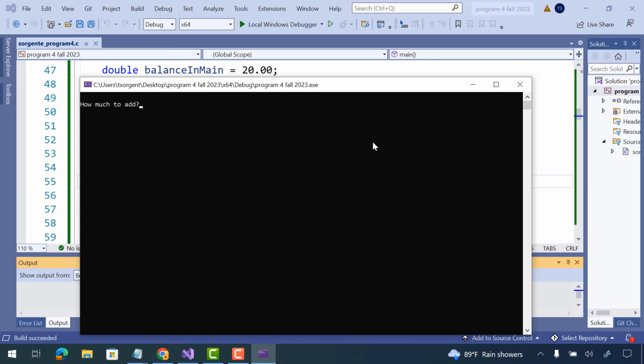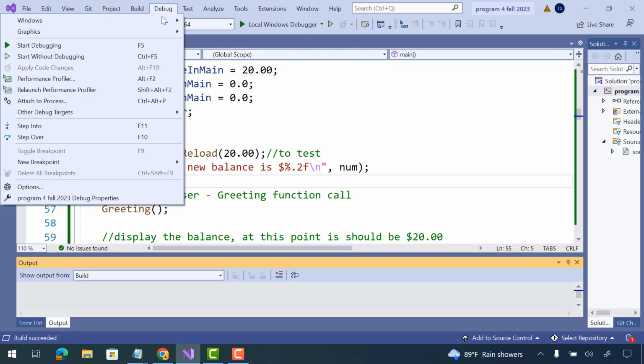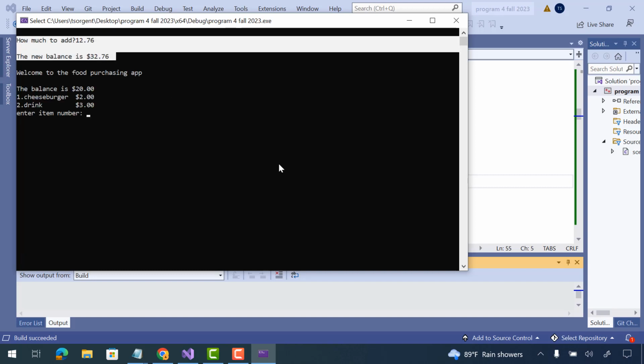All right, how much do you want to add? $40. The new balance is 60, so this is working as expected. Try it one more time. We want to add 1275, 1276. Of course, I want to make it nicer and easier to understand, but you guys can add all